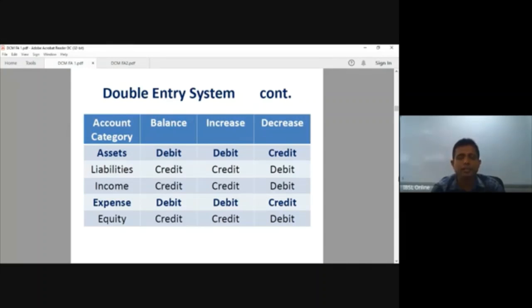Therefore, you can easily learn this double entry system by heart. I request you to learn this by heart. The only thing in accounting for you to learn by heart is the double entry system, because you cannot question it. If you ask, why, sir, do you have a debit balance in the asset account, I don't have an answer. Why you debit the asset accounts when an asset increases, I don't have an answer. That's how Luca Pacioli presented his method of double entry system.